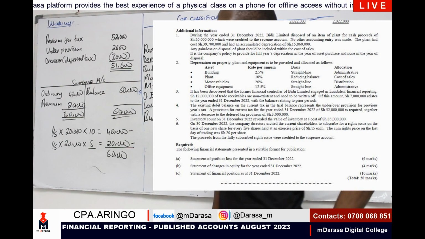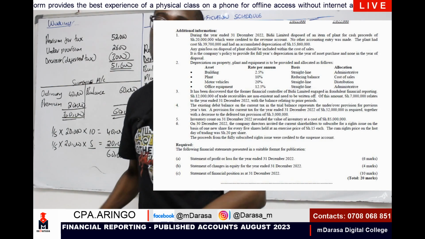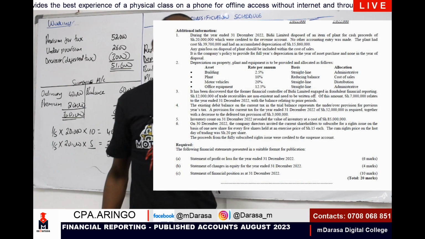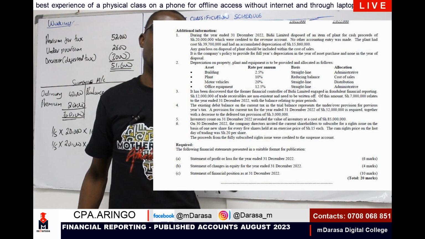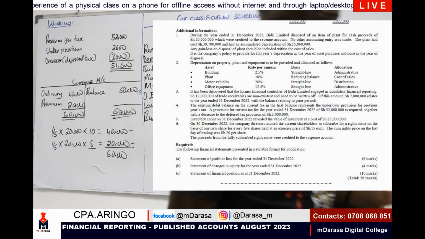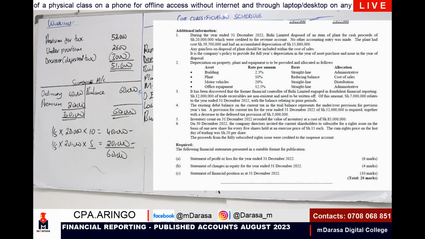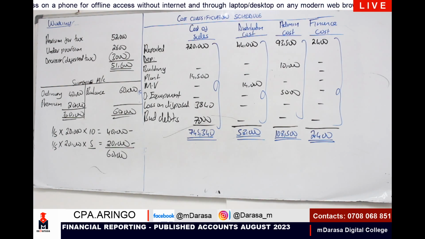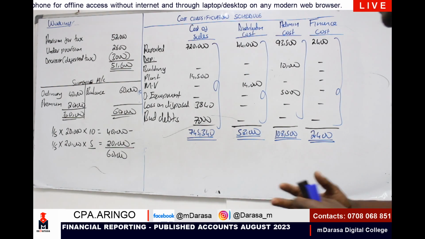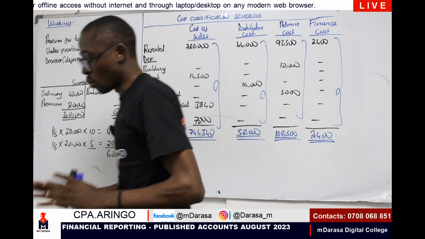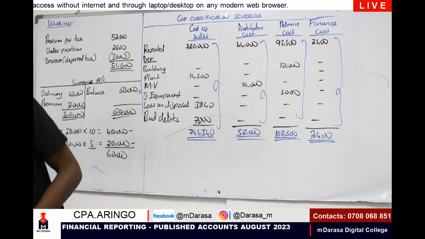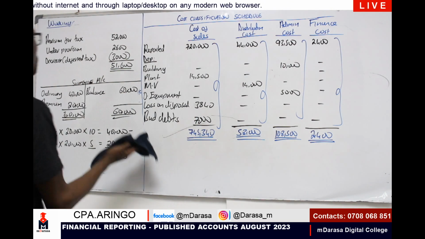So once you are done with this, we've gone through all the work. Now our task will just be a matter of copying and pasting. That is what now will remain. That's the beauty part with published accounts. Once you're having all your items right, the next task will just be a matter of copying and pasting. So that was our working. Let us copy and paste now very quickly.